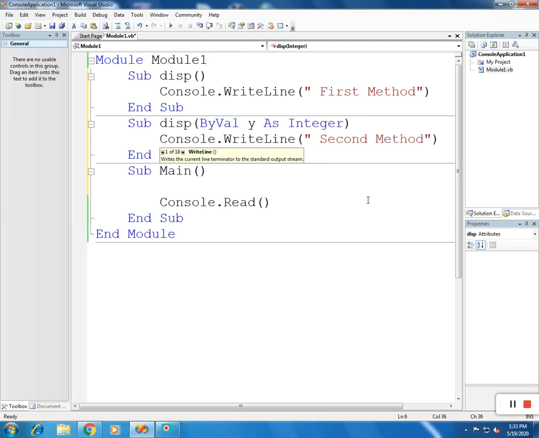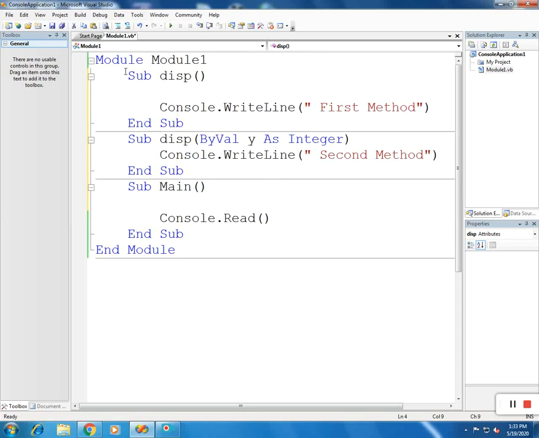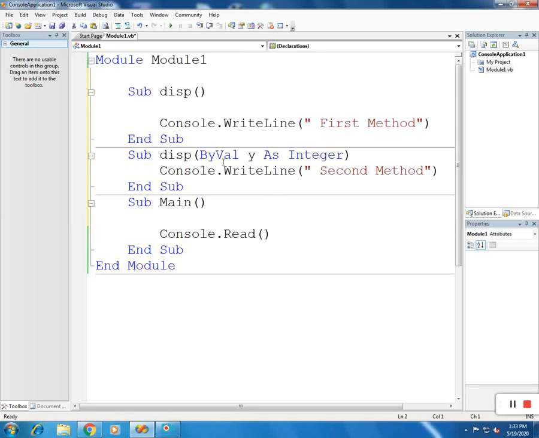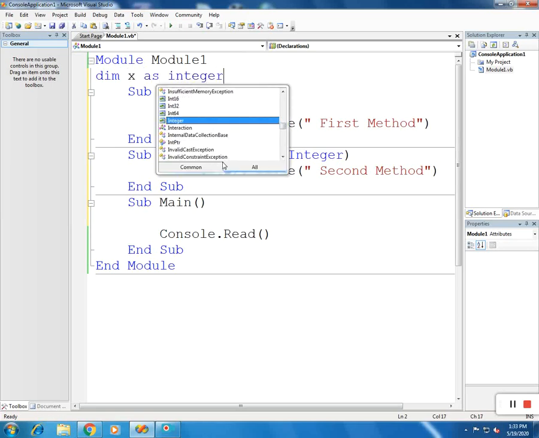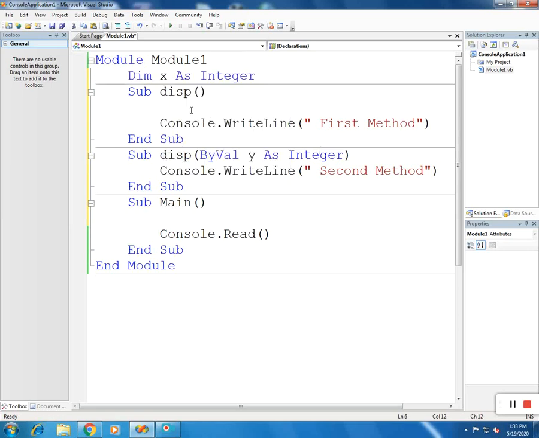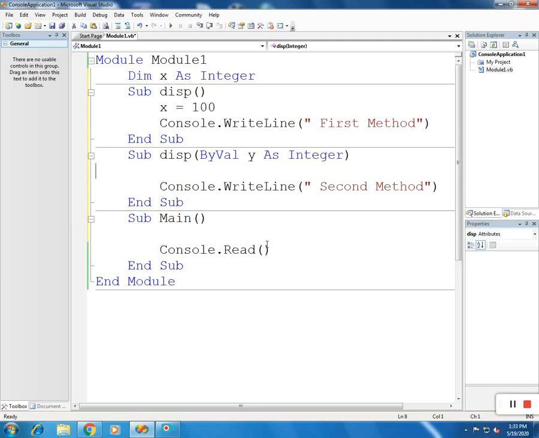Second method, you can also take some value. Dim x as Integer, x is equal to 100, x is equal to y.